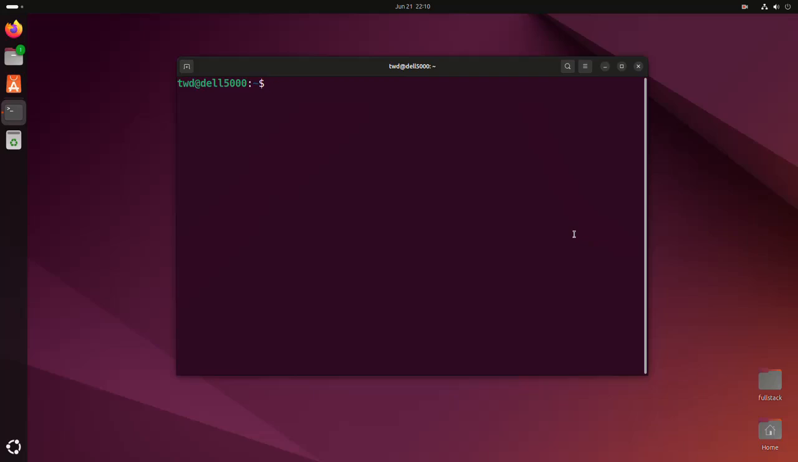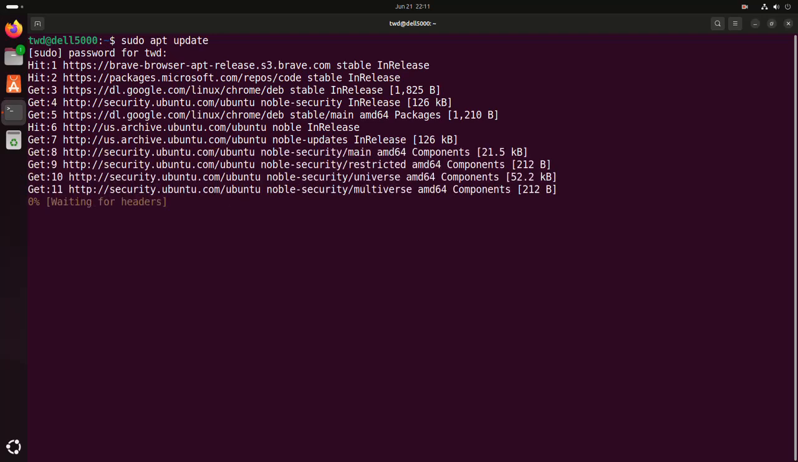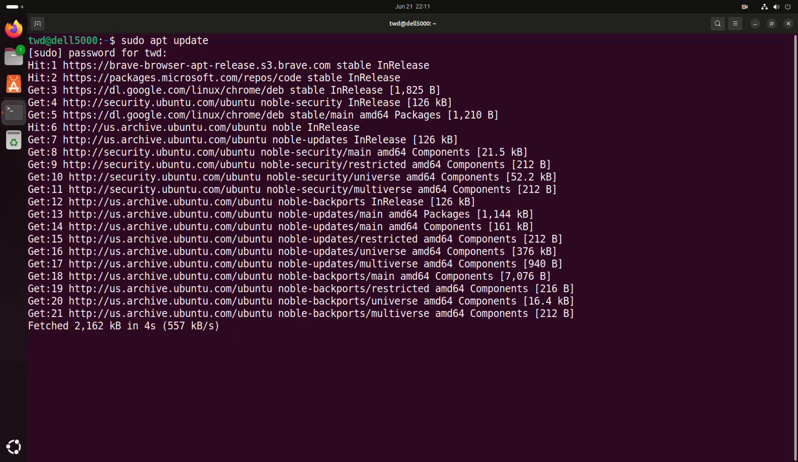and write this command to update your system with sudo privilege: sudo apt update, then hit enter. Now enter the password for this user, then hit enter. It may take a while for updating the system. After updating the system,